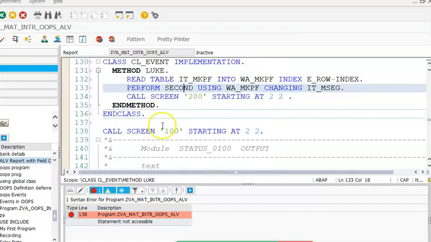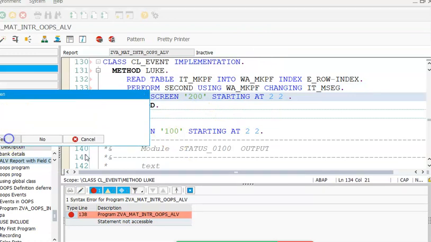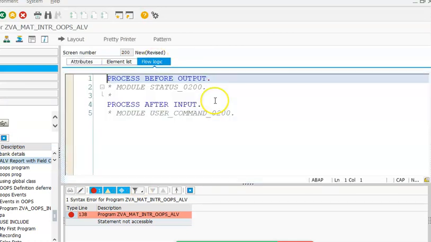Okay, before this I'll just create this 200 screen. Let me complete. It's insisting us to go ahead and do that. So second screen, and then we go for the flow logic,